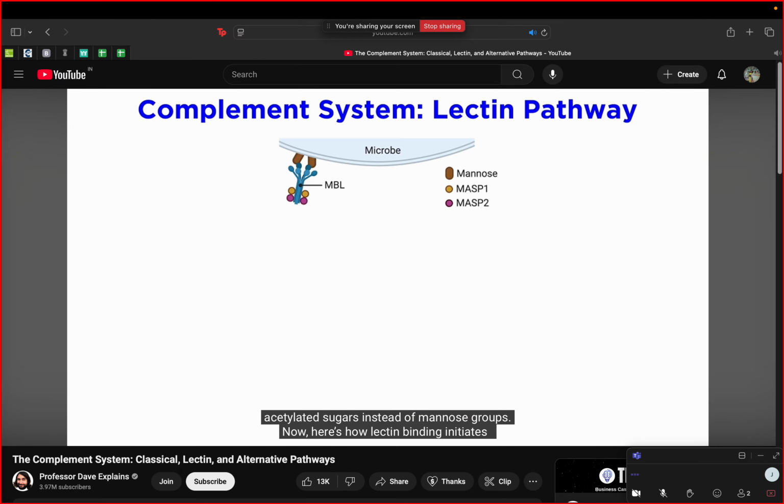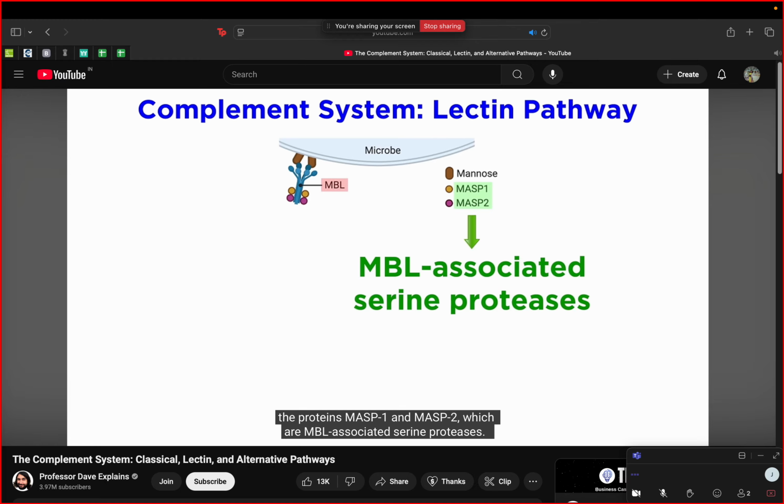Now, here's how lectin binding initiates complement. In the circulation, mannose-binding lectin, or one of the ficolins, complexes with the proteins MASP1 and MASP2, which are MBL-associated